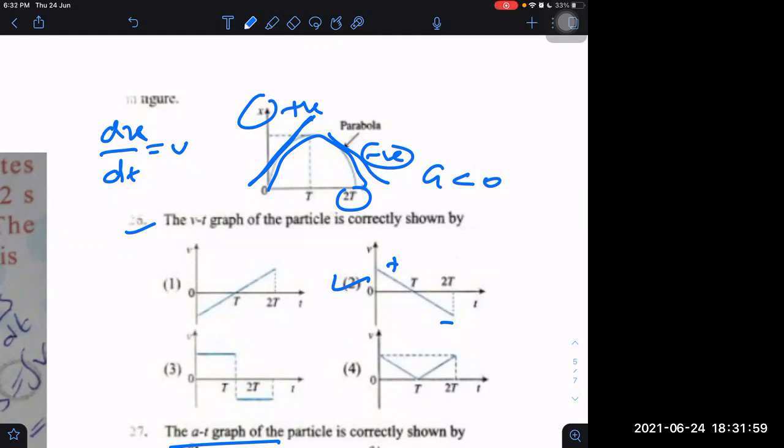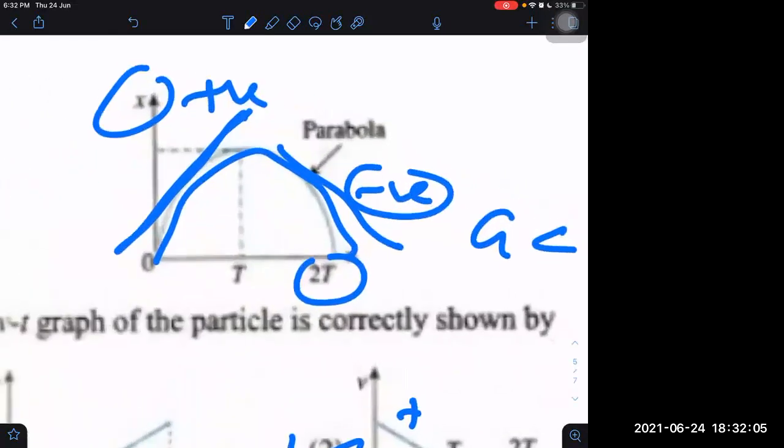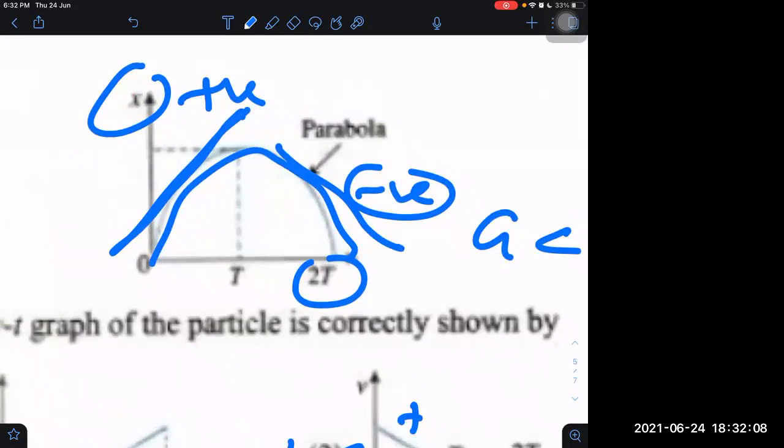That common sense we should have, that while we are integrating, then what should happen? For example, in this question it is an x versus t graph, and you want to plot, let us say, v versus t. Will you differentiate or will you integrate, if you want to get velocity versus time?